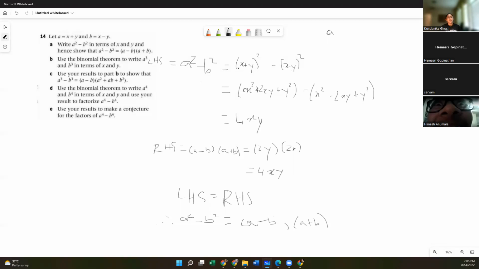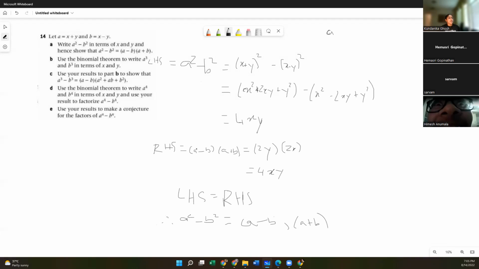We expand the terms, using the binomial theorem, a squared plus 2ab plus b squared for power of 2. So you get x squared plus 2xy plus y squared minus x squared minus 2xy plus y squared. If you distribute the negative to all your terms, x squared minus x squared cancels out because that equals 0. You have 2xy plus 2xy, which equals 4xy. Then you have positive y squared minus y squared, which cancels out because that equals 0. And then we want to show that that equals whatever's on the right-hand side.